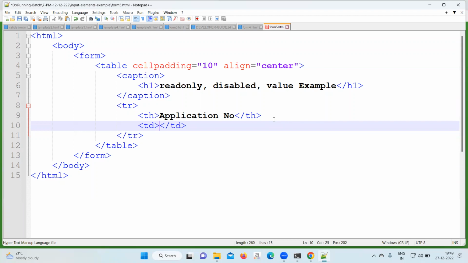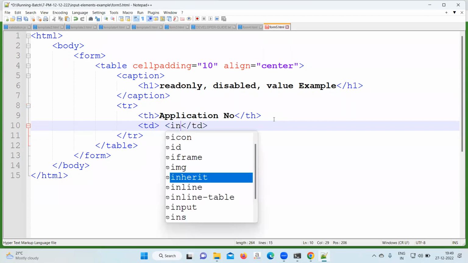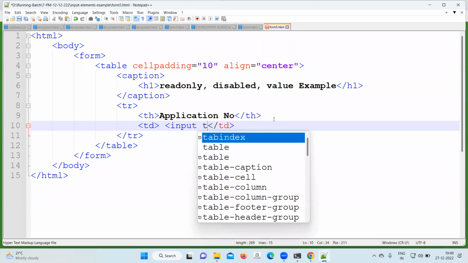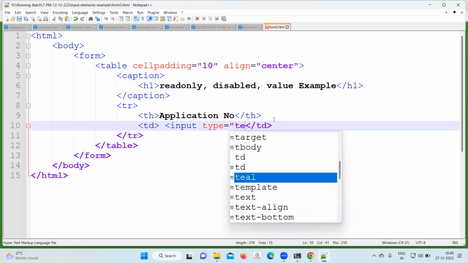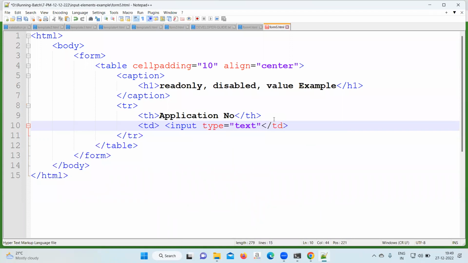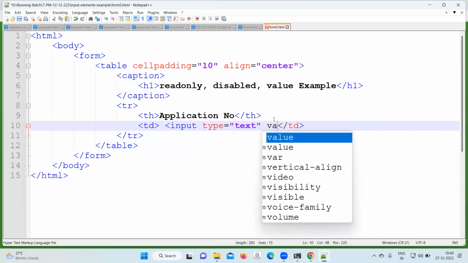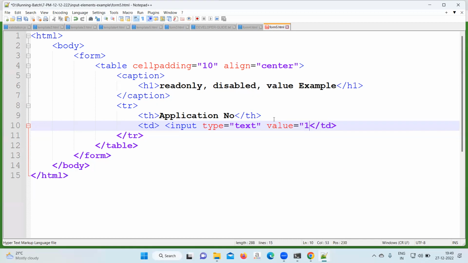Write a td. Input type equal to text. Value equal to